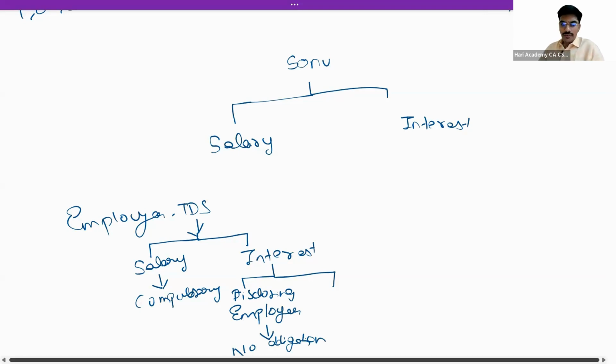However, if Sonu says that I have this interest income, and he discloses it to the employer,